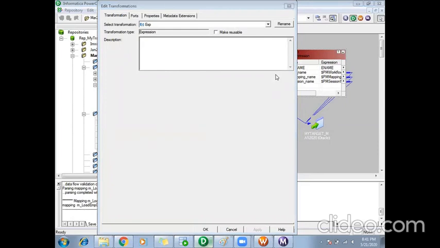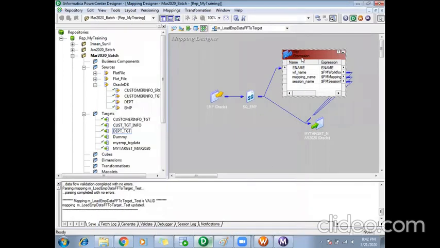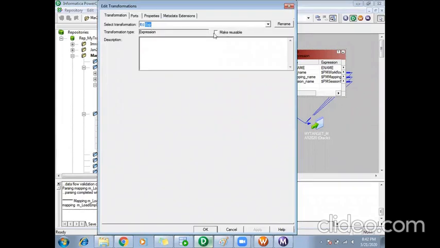If you want to convert a transformation from non-reusable to reusable, you can just open the transformation and click this property, Make Reusable.